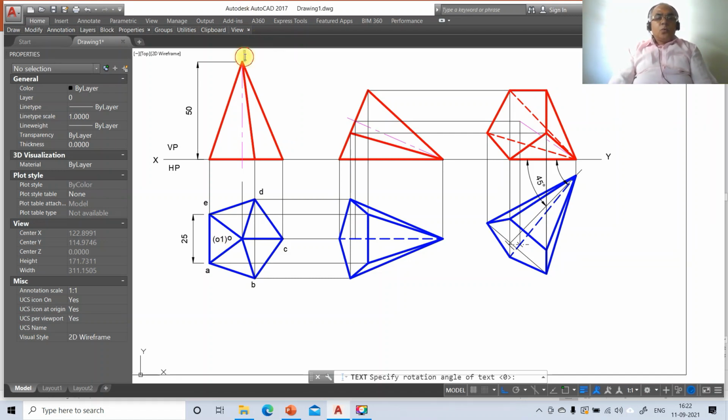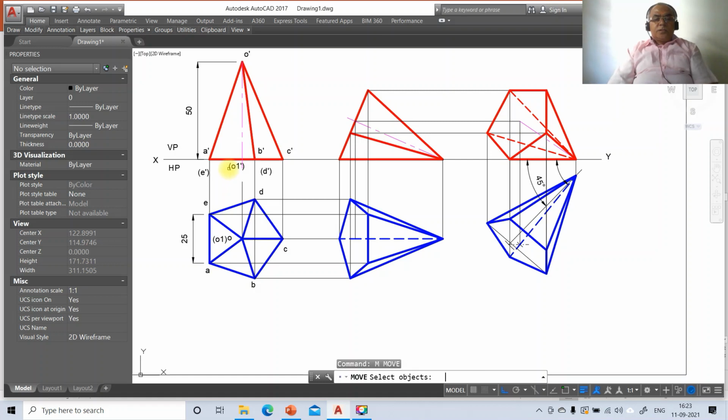Then we have O dash, here it is A dash, here it is B dash, here it is C dash, here it is D dash, here it is E dash, here it is O1 dash,